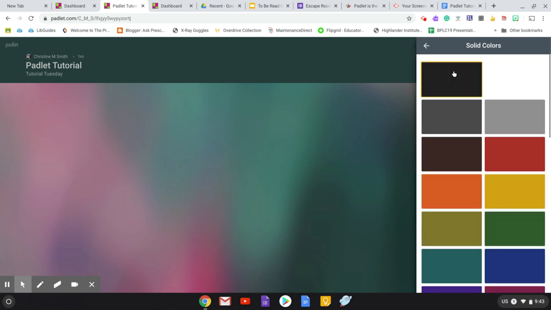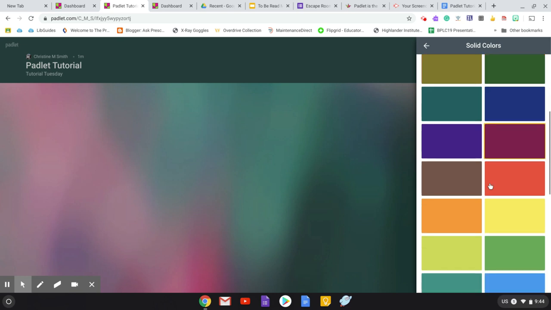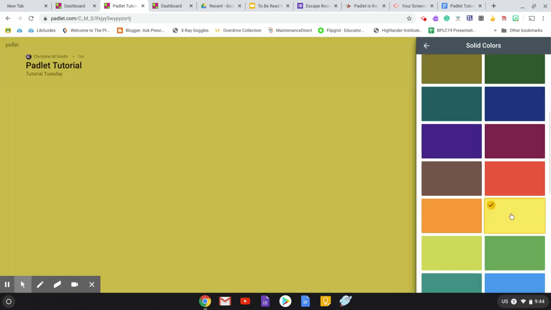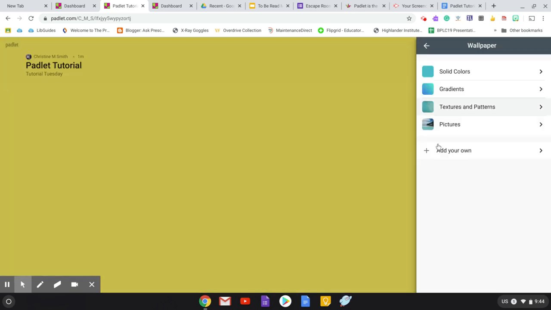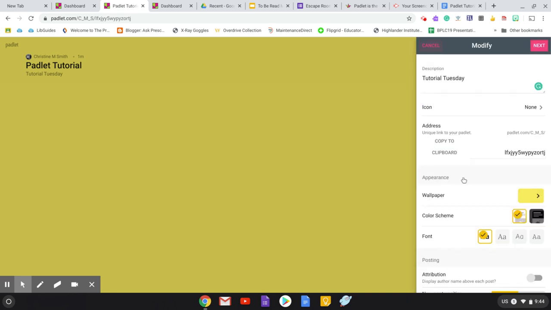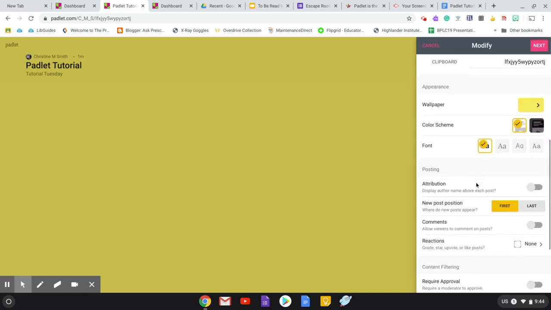I particularly like solid colors, and I particularly like bright solid colors because I just think it's a nice contrast for the background. You can also add your own. If you have an image that you would prefer to put in as the background image, you can add it right from there. Then over here, as I continue, this is where I was talking about the attribution, where it says